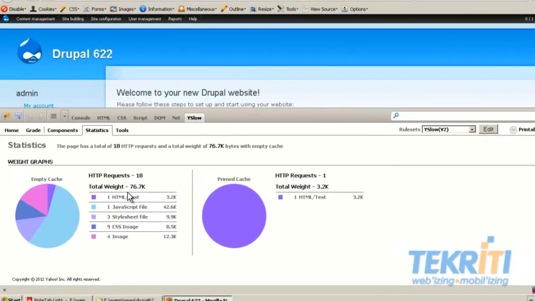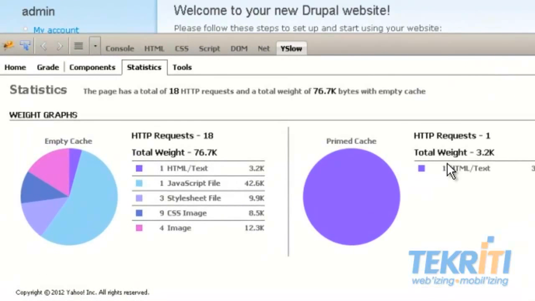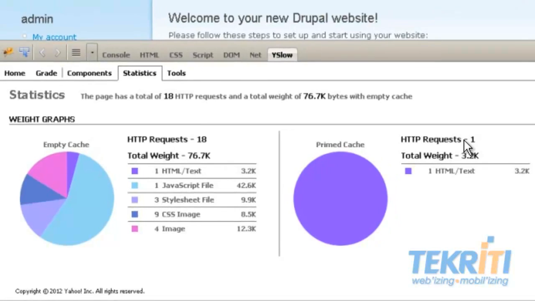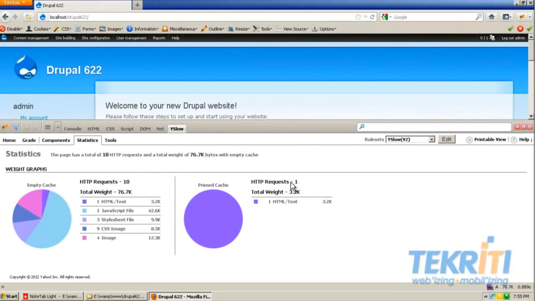As you can see, the browser has now cached all the static files and there is a drastic change in the number of HTTP requests. It has come down from 18 to 1. So there is only one hit on the server. This will continue for the next 2 weeks as the cache has applied 2 weeks of expiry date on these static files. This way we can increase the performance of a website and decrease the page load time.